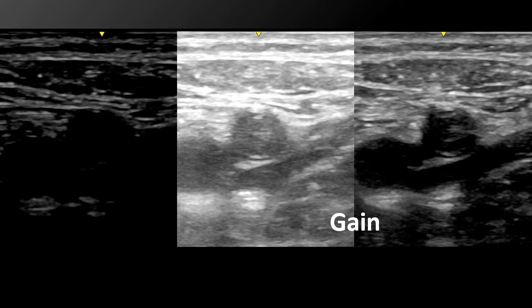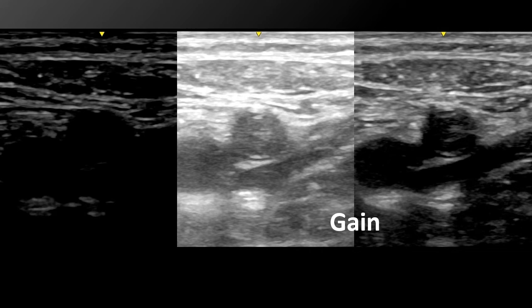Here's just an example of various gain settings. The image all the way to the left is going to be a very low gain setting where you can see how it's difficult just to image where the actual vessels are. The middle image is going to be a very high gain. As you increase the gain, you're going to have a little bit of extra artifact,